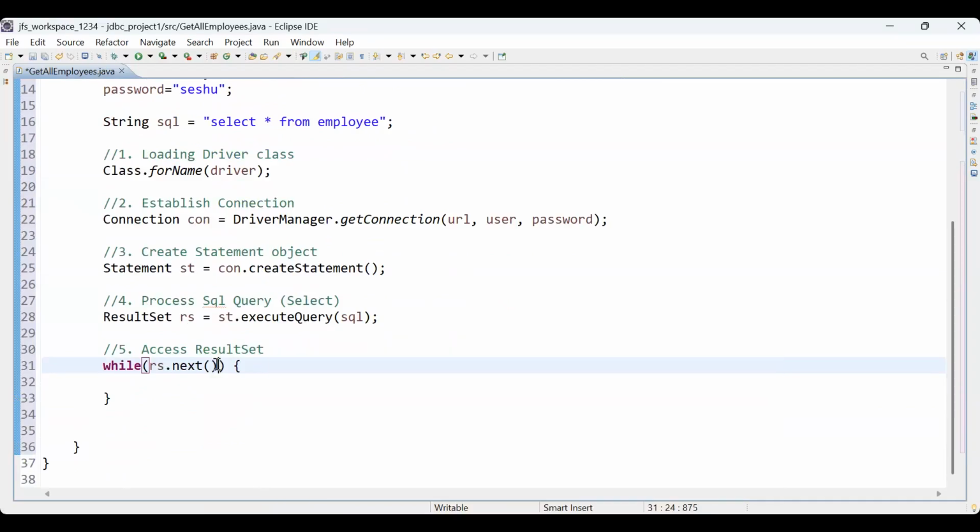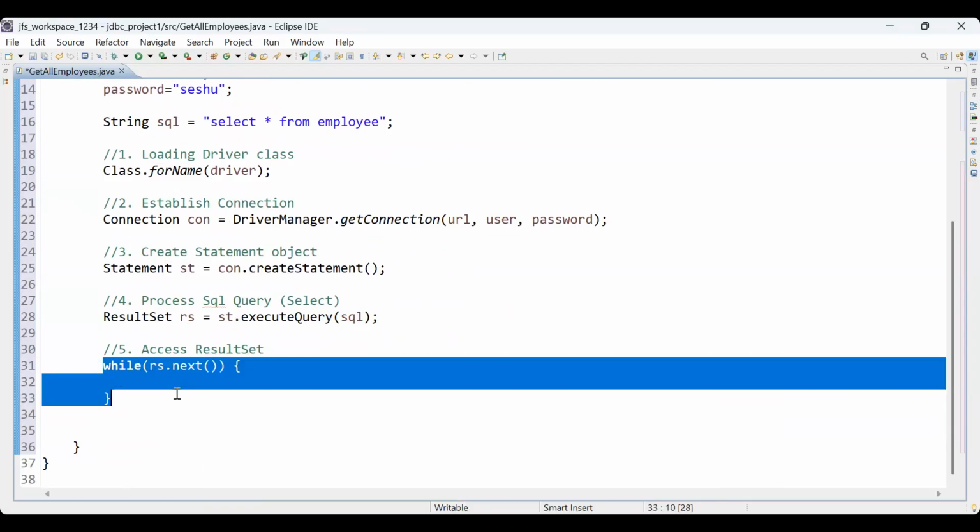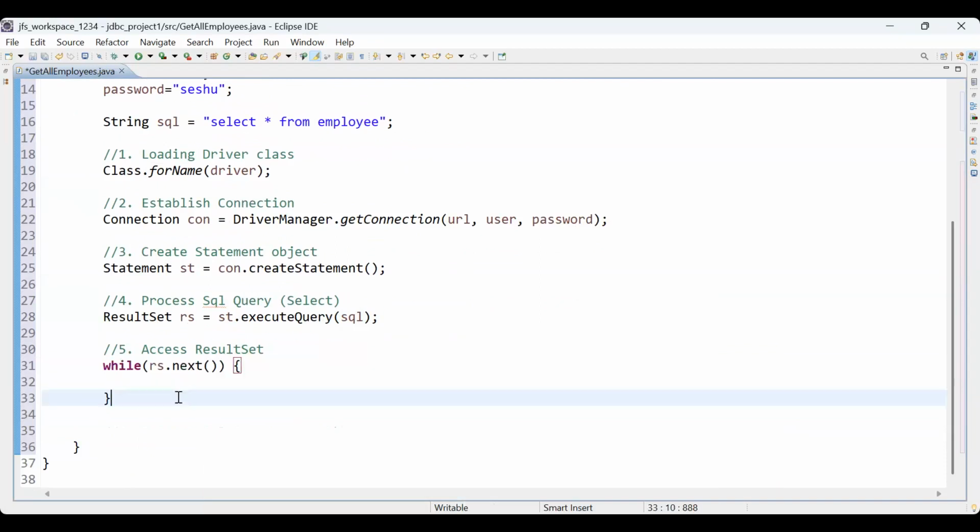If the records are available, it returns true. That means records are available, then we can get them. So until the records are available in the result set, it will iterate one record at a time. Once the records are available, we cannot get the complete row at a time. It's not possible. You have to get one field at a time. For that requirement, we need to call